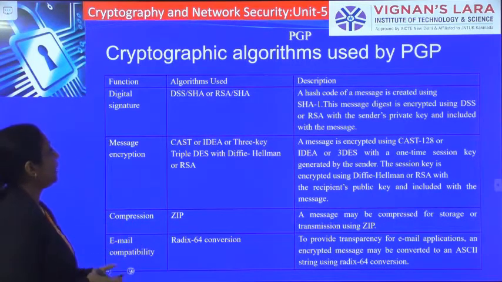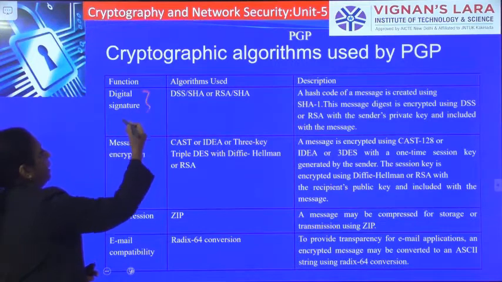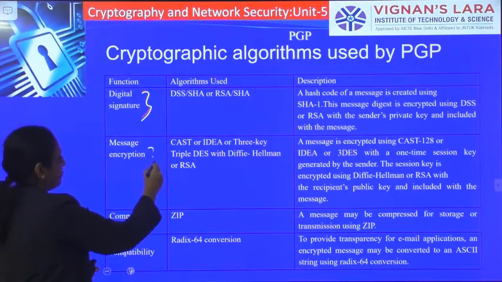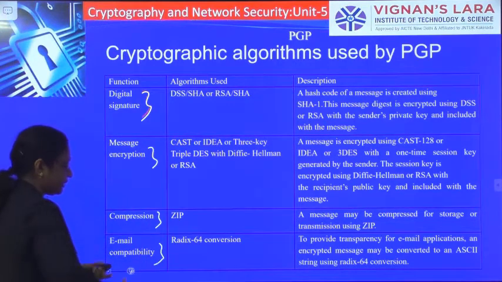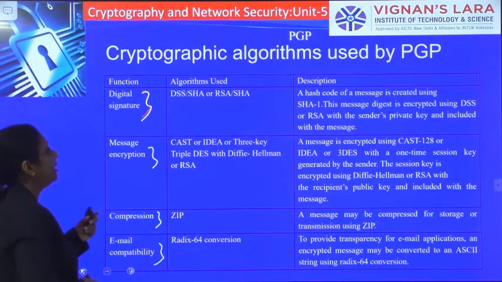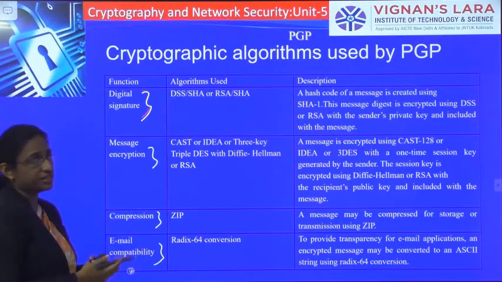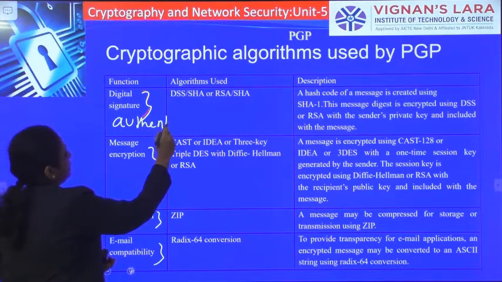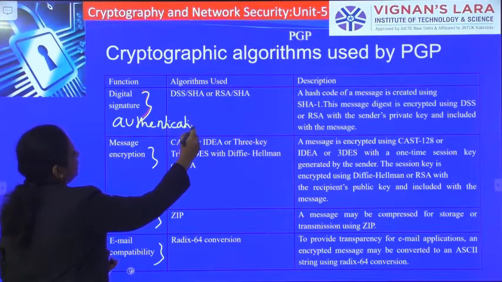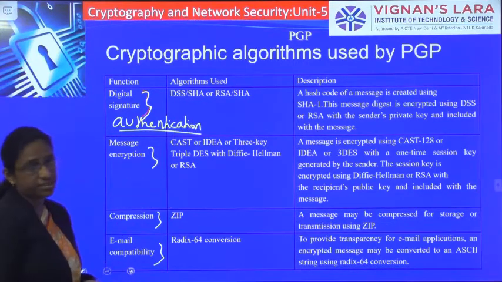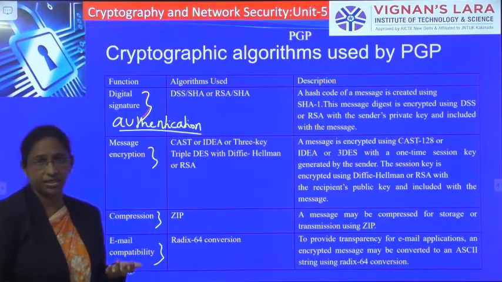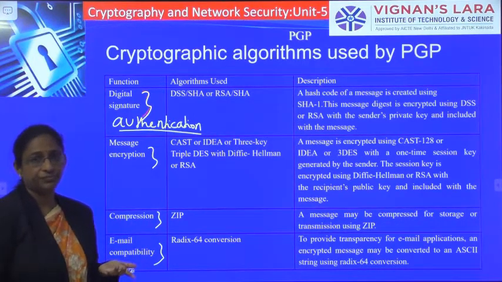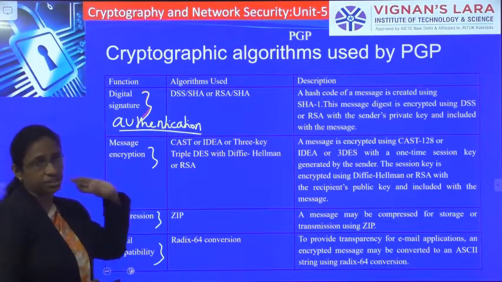So these are the different functions that we have discussed earlier, like the digital signature. Digital signature is for authentication of the messages. For authentication of the messages, we require a digital signature, where the receiver will be verifying that signature. So to generate this digital signature,